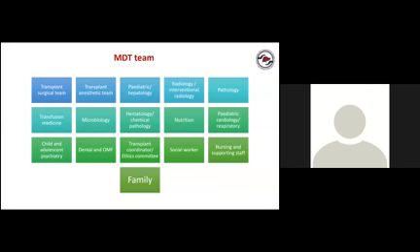Child and adolescent psychiatry inputs. It's quite important. Liver transplantation is a difficult journey. It's a challenging journey to the little child as well as to the family. So we can't forget mental health. So child and adolescent psychiatry inputs are very, very crucial.